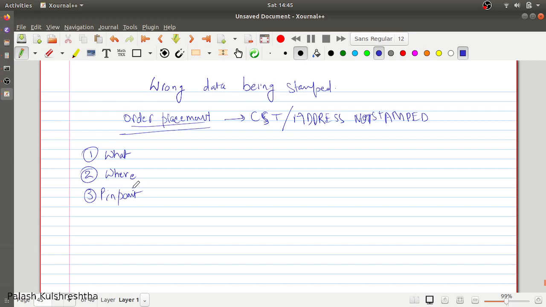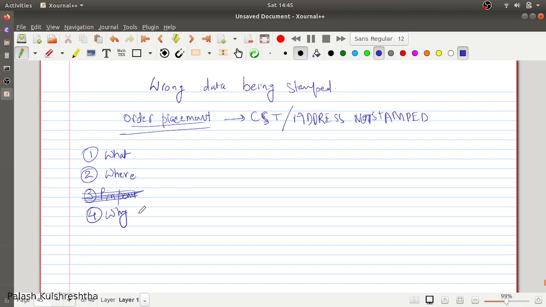How, or where, this information was missing in the first place. So we have pinpointed that this information was missing from the MySQL database, in the table sales order address, corresponding to that order. Now you have to find out why. I think pinpoint is not a valid question to ask, because the second point, where, generally covers the pinpointing part as well. So let's try to cover 3 points.